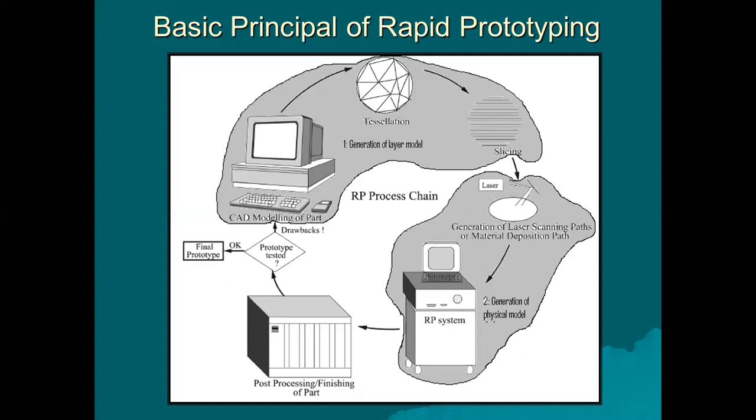Okay, so on this screen, I told you yesterday that there is something called tessellation, and then you can do slicing in different software. What this digital information gives you in terms of slicing is called a layered model. This is a digital layered model. So once this digital layered model is made, then you can...